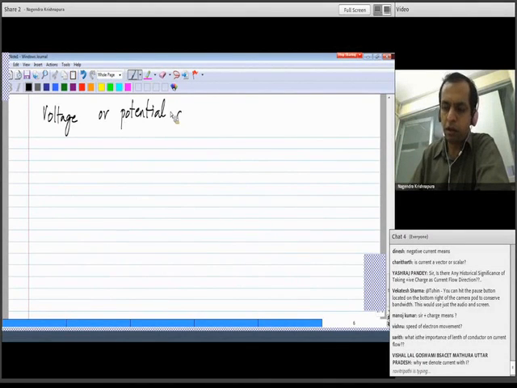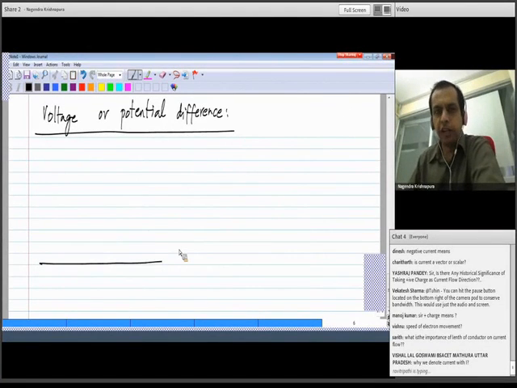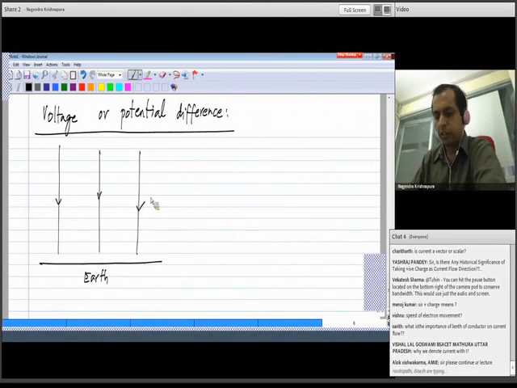Now let's move on to the other electrical quantity, which is the voltage, or potential difference. Okay. Now, what is this? I think again an analogy could be made with the gravitational field. Okay. You know that if you have a gravitational field, this is the earth. I am showing only a small area, so I am showing it as flat, and you know that there is